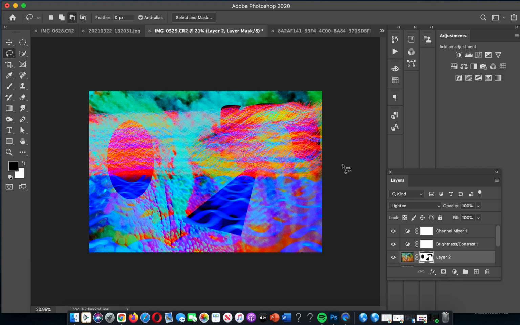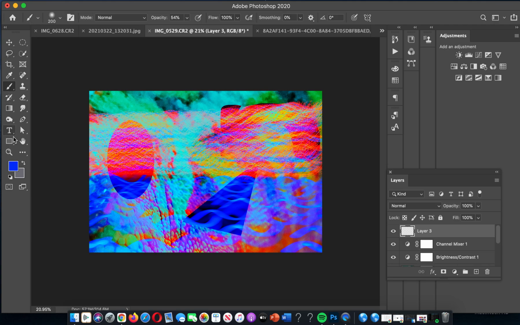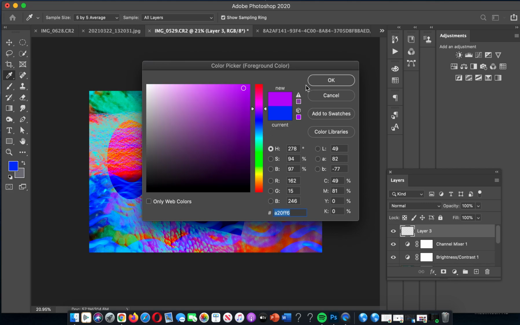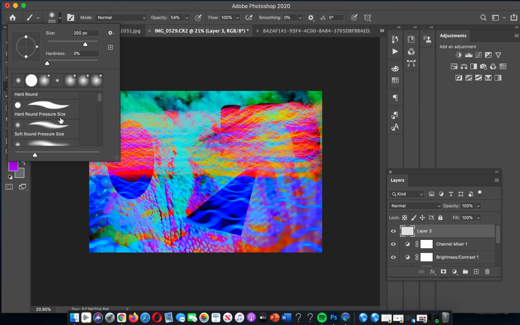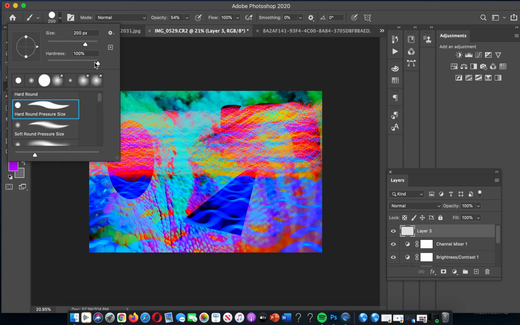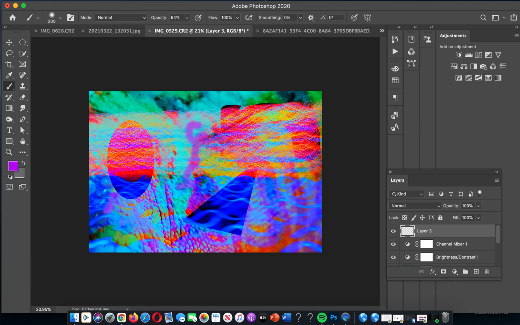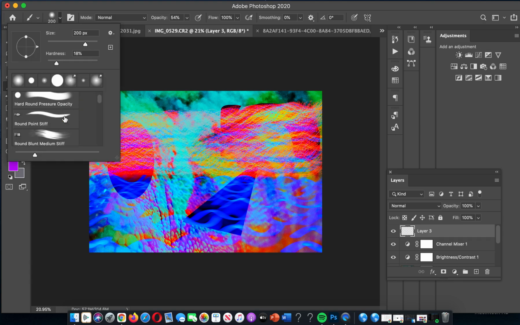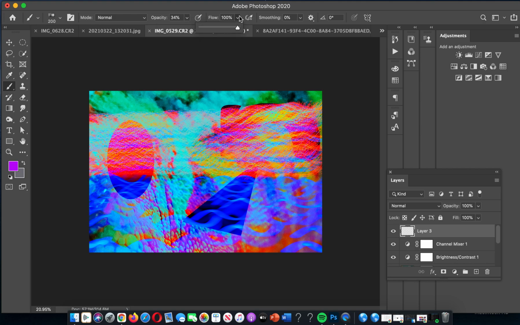I could keep going. I could add more layers if I wanted to. I could add more shapes if I wanted to. Use the brush tool, maybe add another layer over the top of this and take a color that I haven't really used yet. Maybe I haven't used violet, and select that color. And then I can change my brush tip over here. I kind of want a soft edge. Maybe lower the hardness. And let's use a brush that looks a little bit jaggedy. Okay, maybe lower the opacity a little bit, lower the flow. That has to do with how much paint appears to be loaded onto the brush. Okay, so there it goes. And then if we want to turn up the flow a little bit,